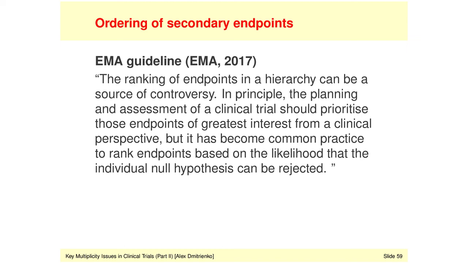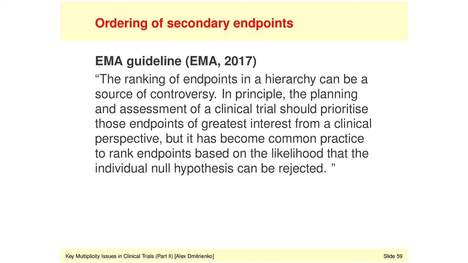The reality, I would say, is more complicated. I completely agree that it would be ideal to arrange the endpoints from the most clinically relevant in the context of this particular indication to those that are least relevant. But I've seen so many phase 3 trials where the secondary endpoints were grouped into two families: a family of endpoints of greater clinical importance and a family of less important endpoints. It was obvious that the more important group of endpoints ought to be considered first. It would define the family of more important endpoints, but it was not clear how to best arrange the endpoints